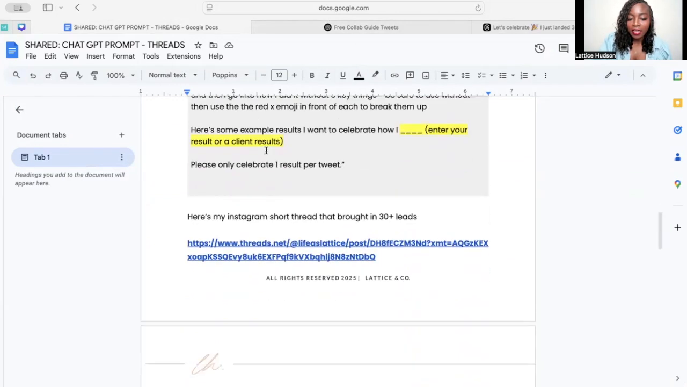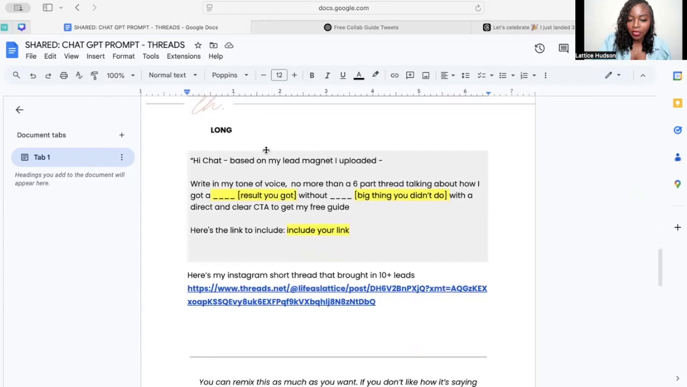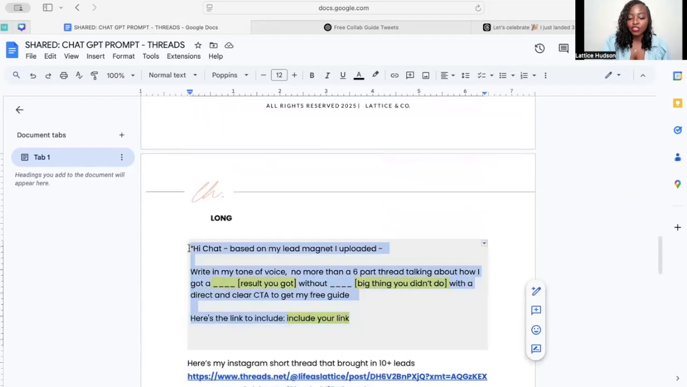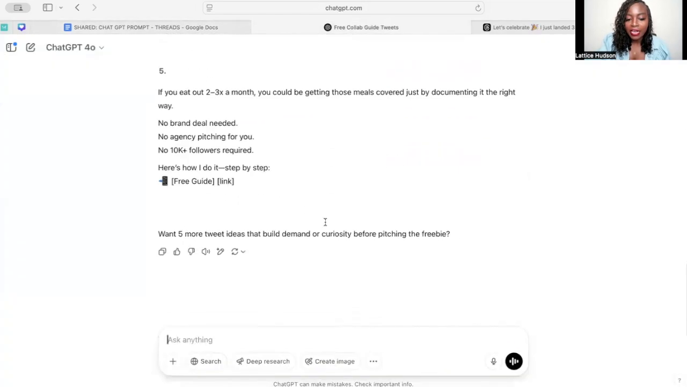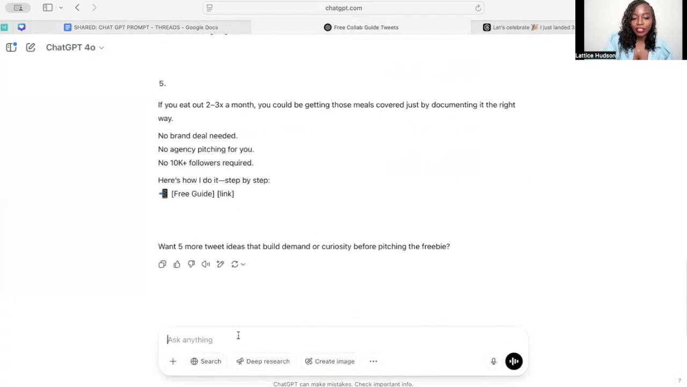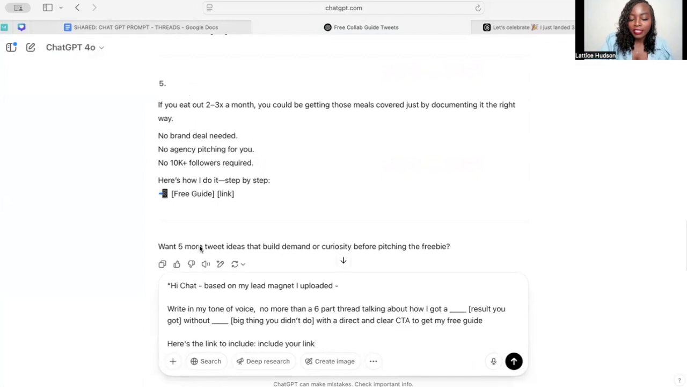So here's a longer prompt. I have a short and a longer prompt. So now that it's kind of been trained, you could take some of the ones that it spits out initially, but I kind of look at those and then bypass. And then from there, I take some of those, and I also like to put in this longer prompt. So basically, write in my tone of voice, no more than a 6-part thread, talking about how I